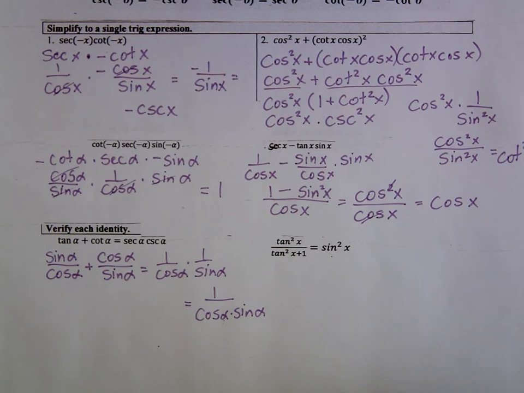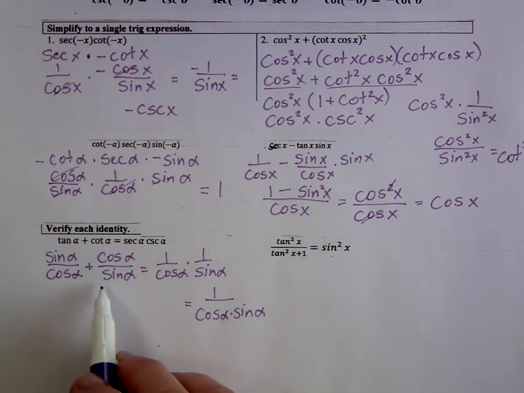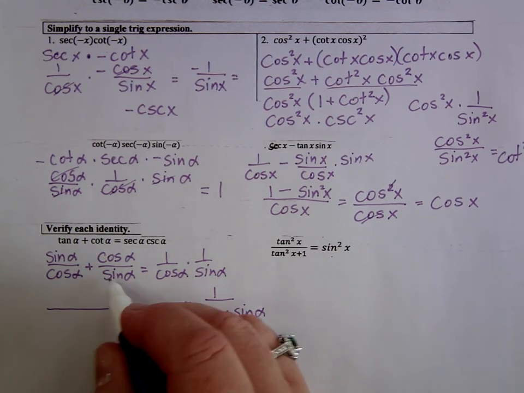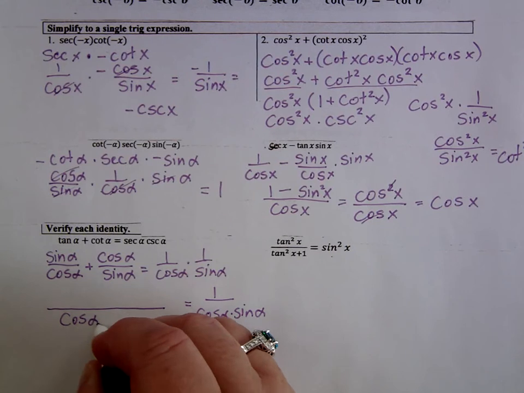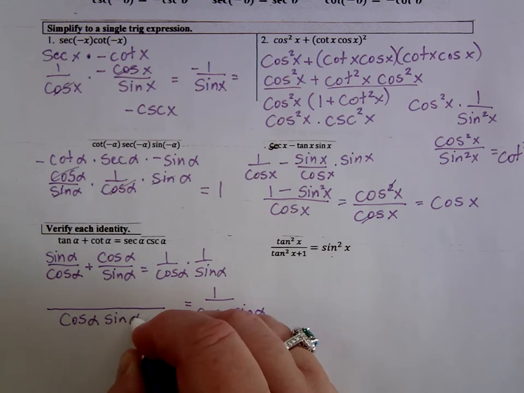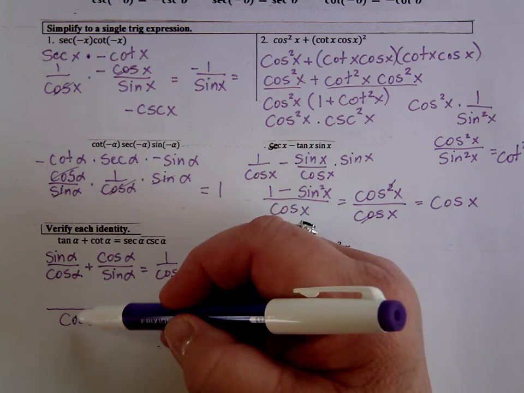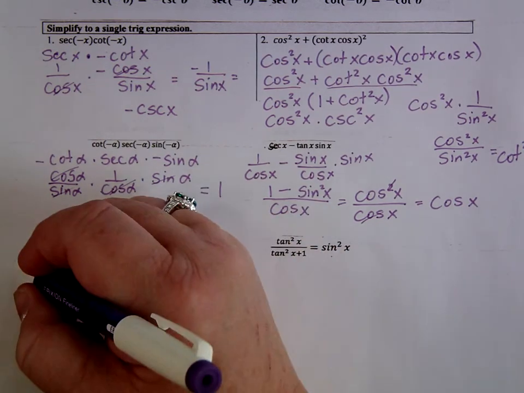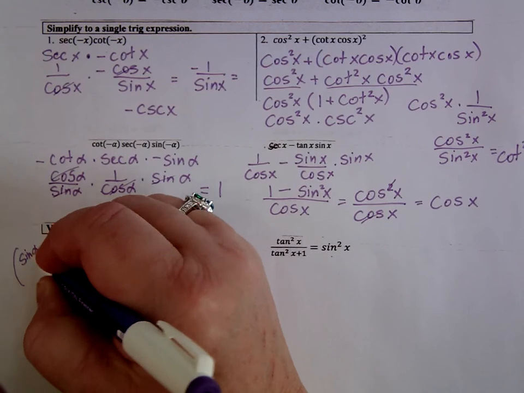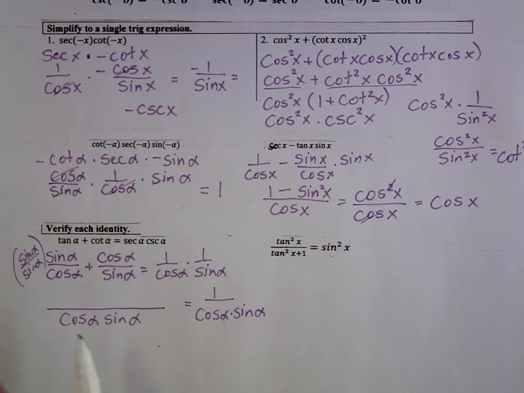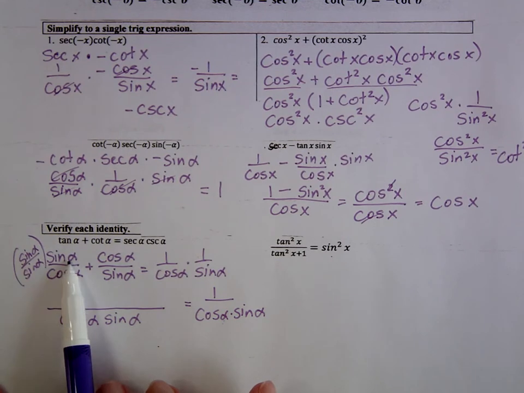There's nothing else. But this guy, I'm trying to add fractions, and we know if we want to add fractions, we have to have a common denominator. So my common denominator has to be one of each thing. It has to be a cosine of alpha and a sine of alpha. And then I'm trying to match. This guy has cosine. It needs a sine. So I'm going to multiply him by sine of alpha over sine of alpha, which means that ultimately my numerator is going to be sine times sine, or sine squared